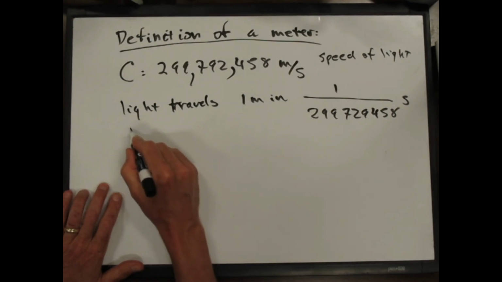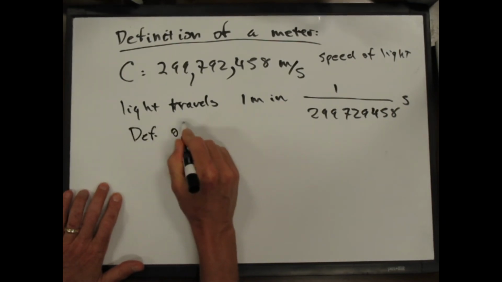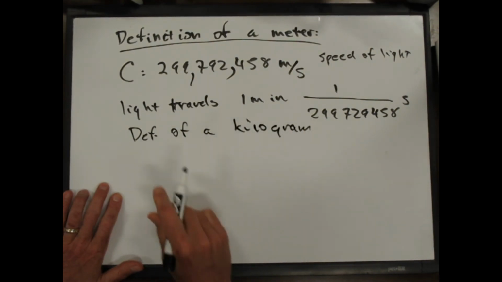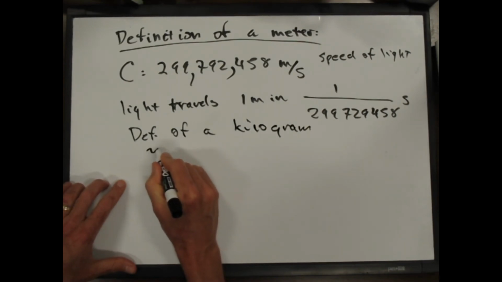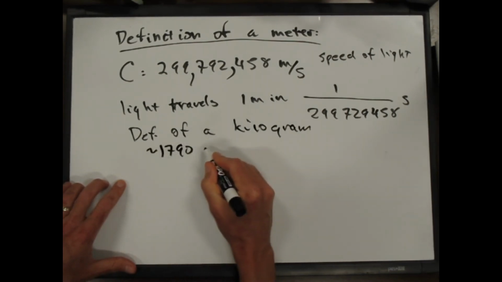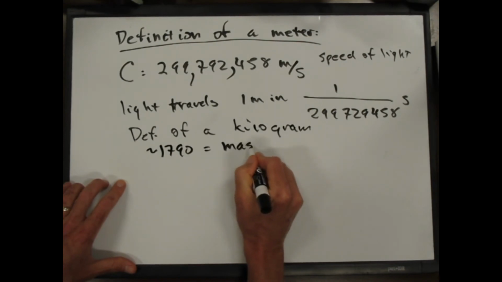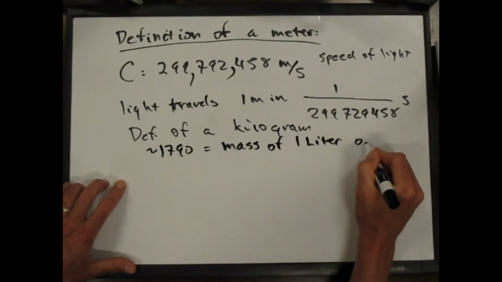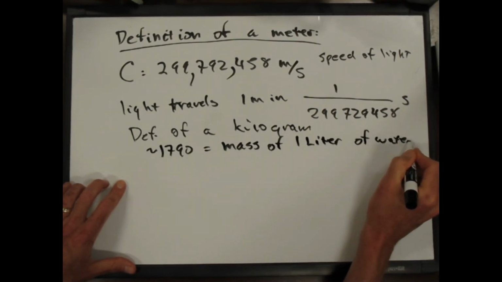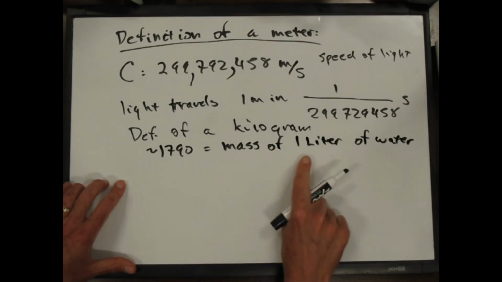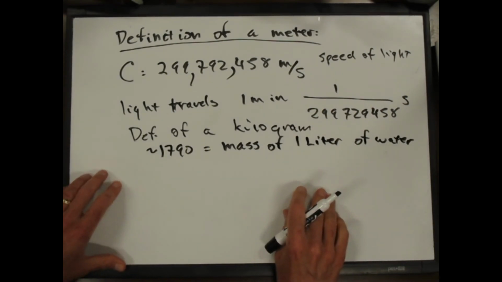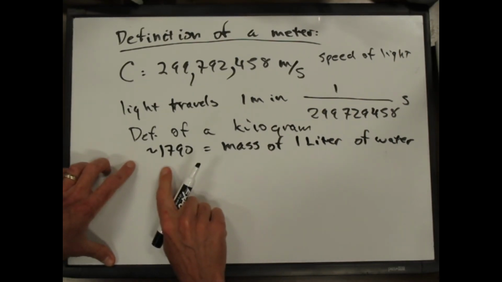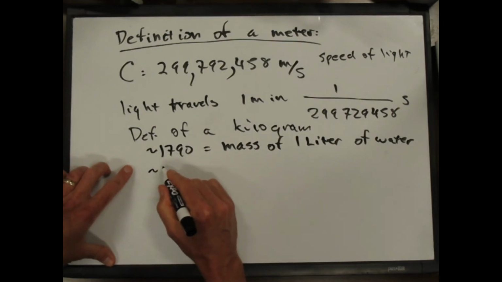A kilogram originally, sometime in 1790, was equal to the mass of 1 liter of water. That was the definition of a kilogram. You had to define a liter. We won't talk about that right now, based on distances. The second definition of a liter was